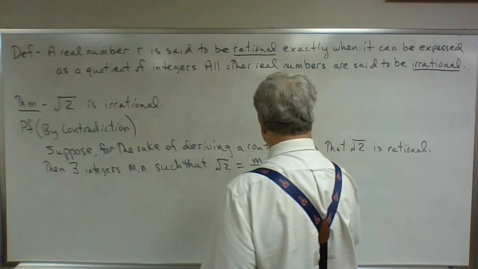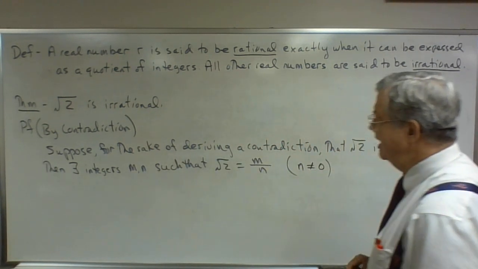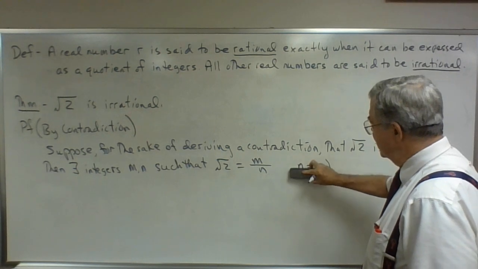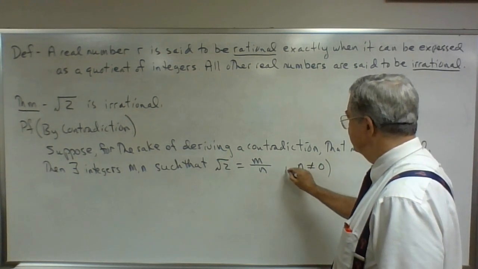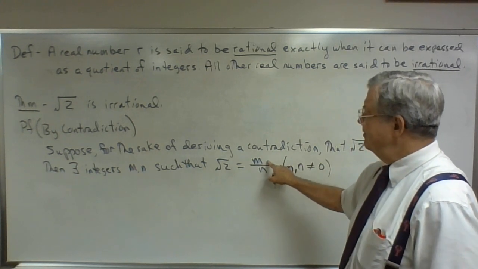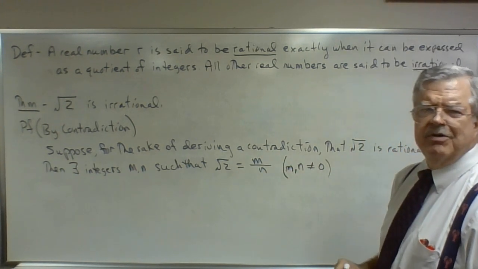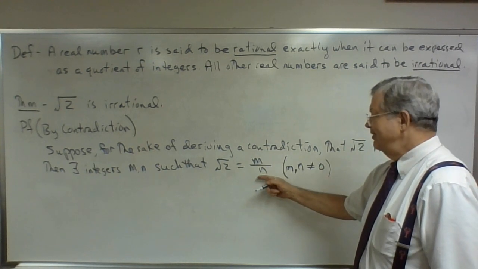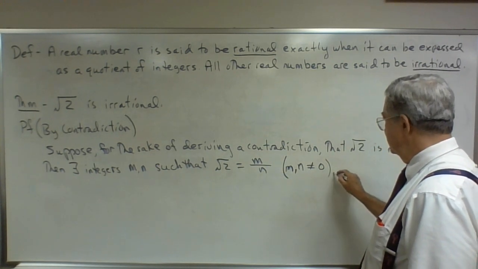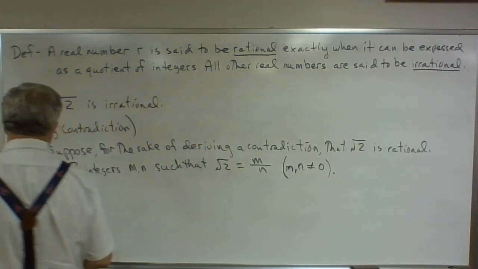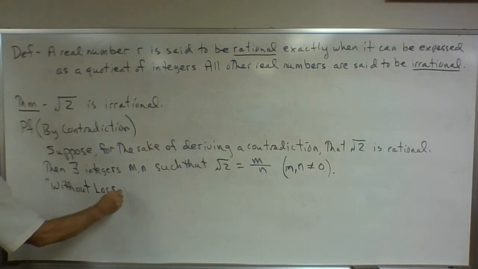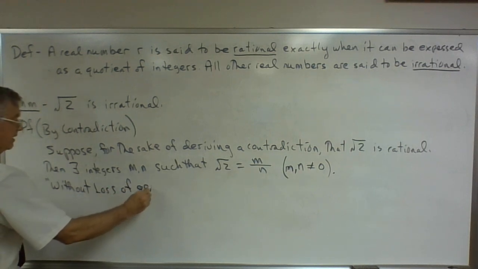And of course, n is not 0. And m is not 0 either. If m is 0, then that's saying that square root of 2 is equal to 0. That's not true. And if n is 0, then the number is not defined. Okay? Now I'll use this catchphrase. We see it in mathematics. Without loss of generality,